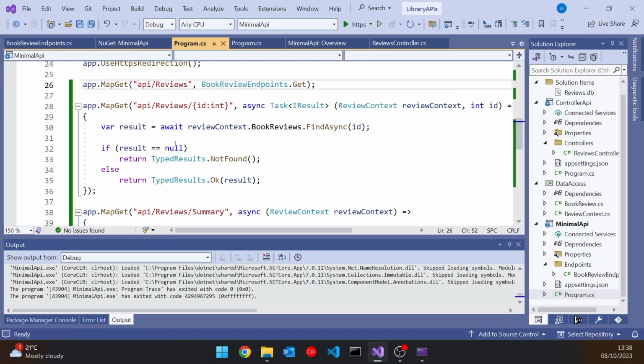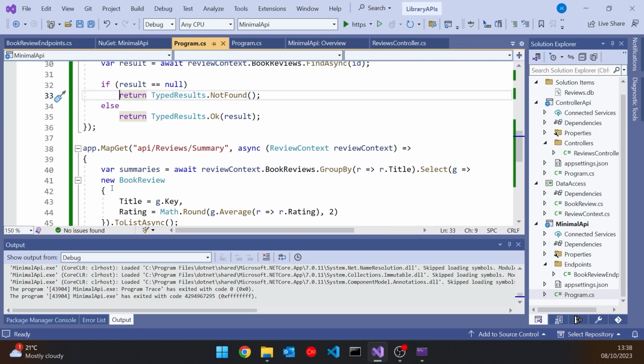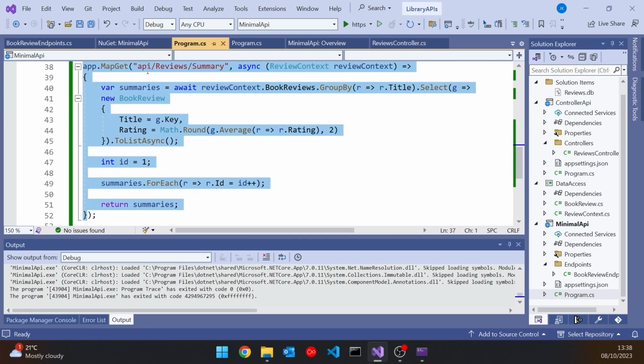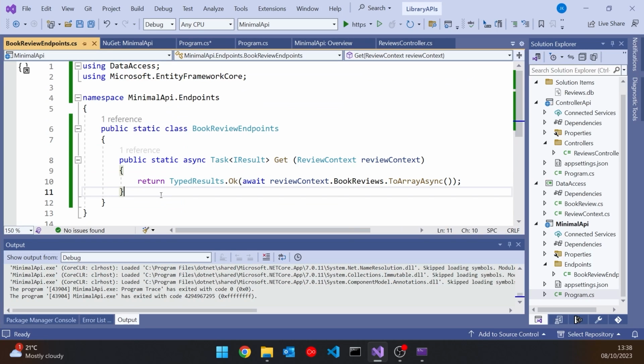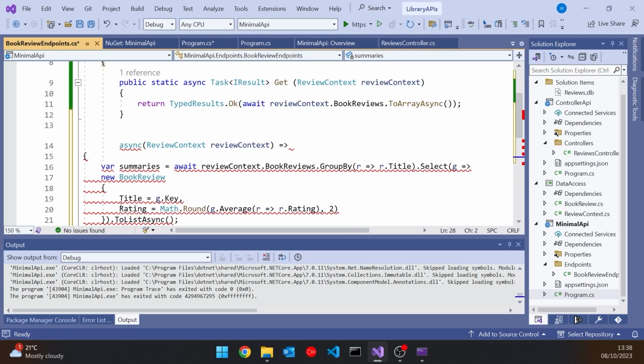So if we do that with the rest of those, let's take the summary next, and then the same basic process. So paste it in there. We're going to have to say public static async Task<IResult>. This one we'll just call Summary.